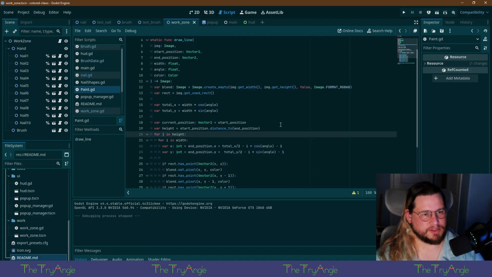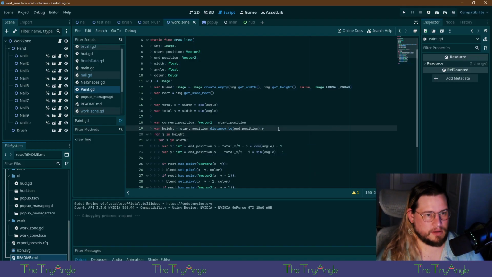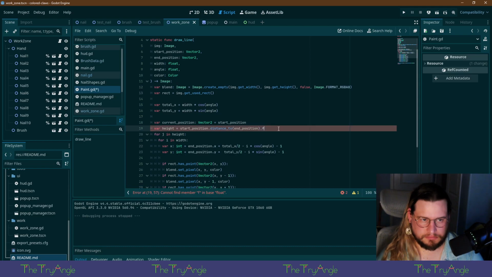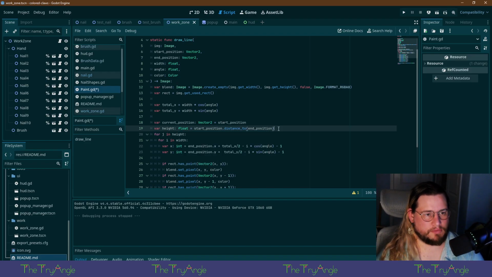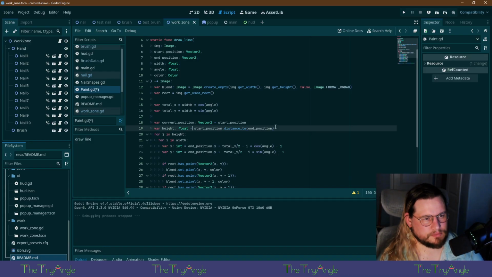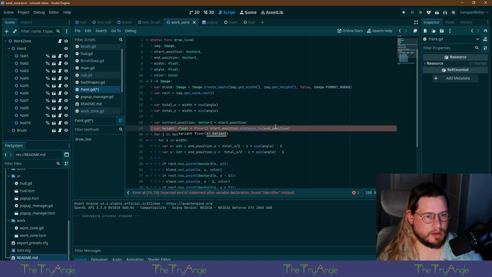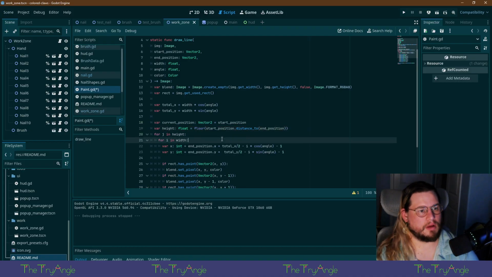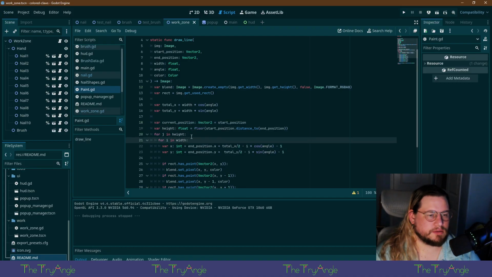And it should be rounded. Floor? Sure, we'll floor it.